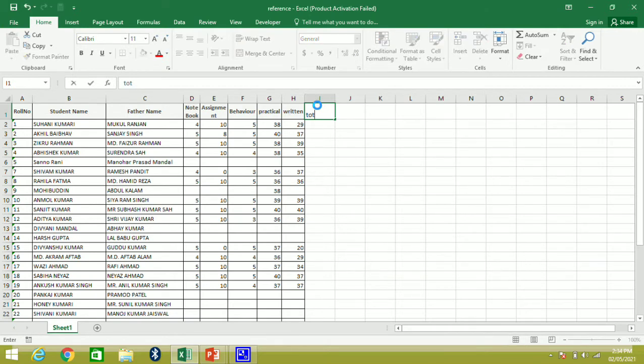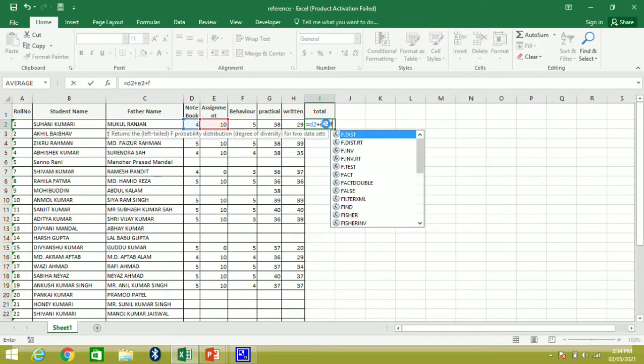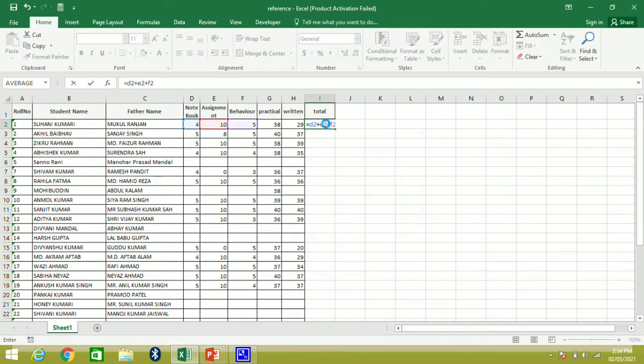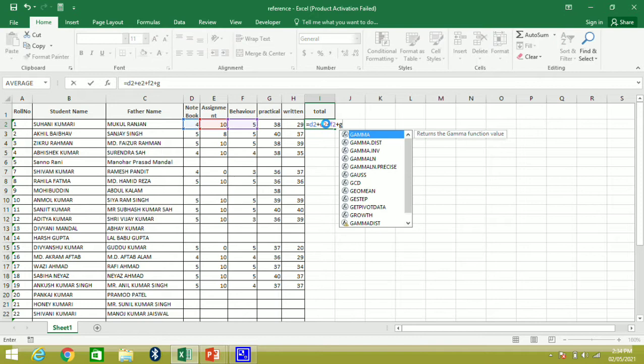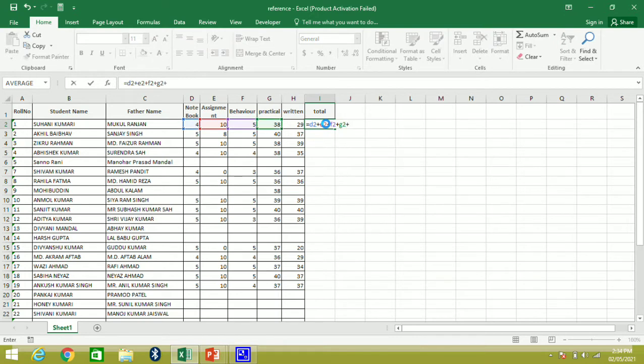I write total here, and now I use the formula equal to, and we will add these things: D2 plus E2 plus F2 plus G2 plus H2.